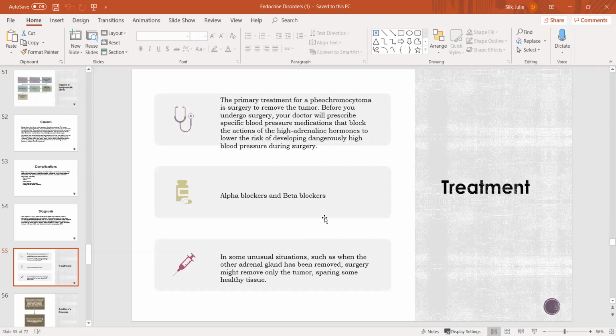So I just want to tell you a teeny bit about the surgery. If they did the surgery, this would be an adrenalectomy. So you could be having a high or low catecholamine imbalance because of this. So you need to watch this person in the first 24 to 48 hours really closely for problems with their